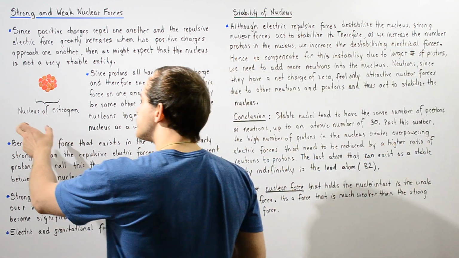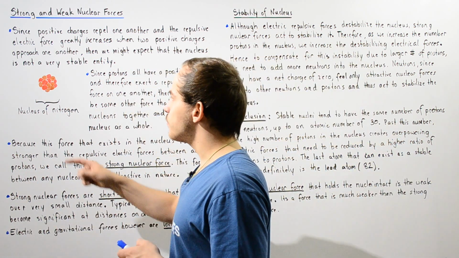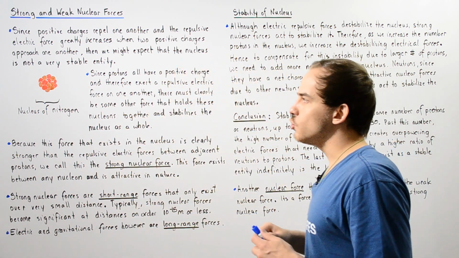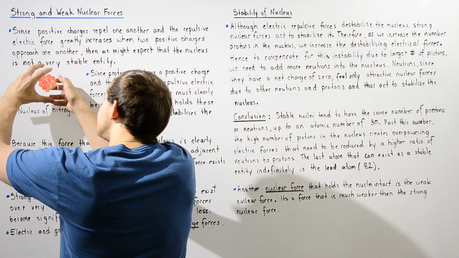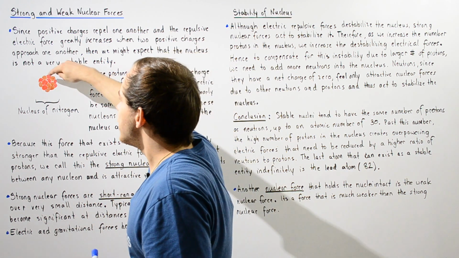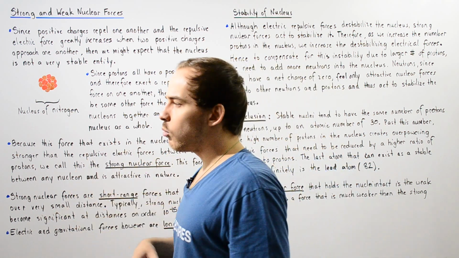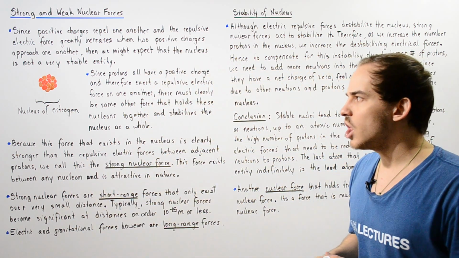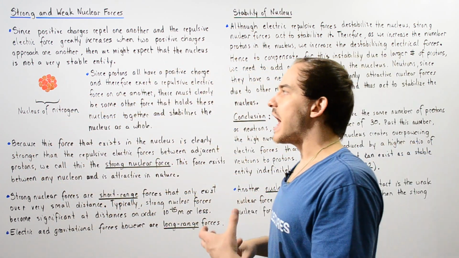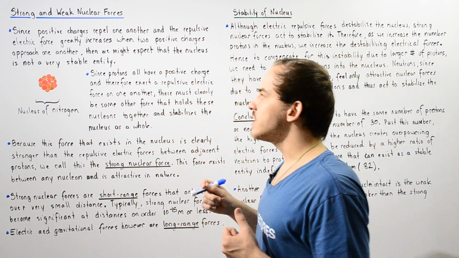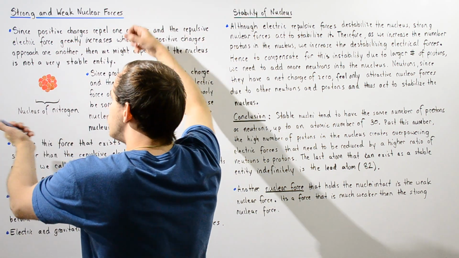So let's, for example, discuss the nucleus of the nitrogen atom. In the nitrogen atom we have 7 protons and 7 neutrons. So when we condense these nucleons into this very concentrated region, we might expect that these protons, which each carry a certain quantity of charge, positive 1.6 times 10 to the negative 19 coulombs, will exert a repulsive electric force that will destabilize the entire structure as a whole, because these protons will want to separate and move away from